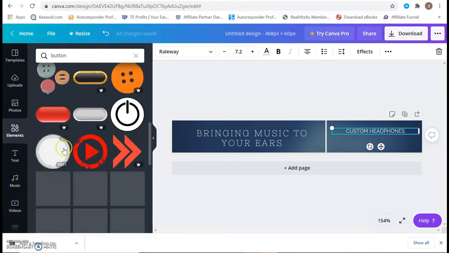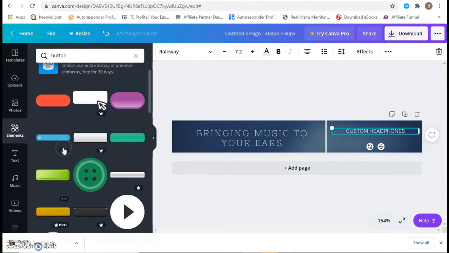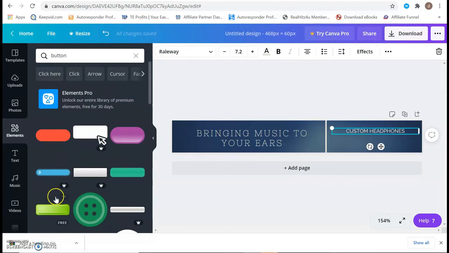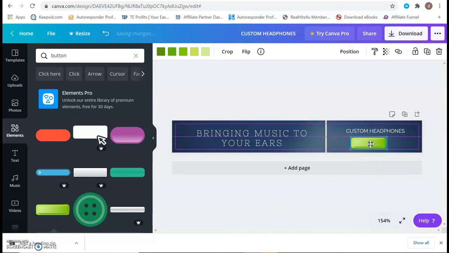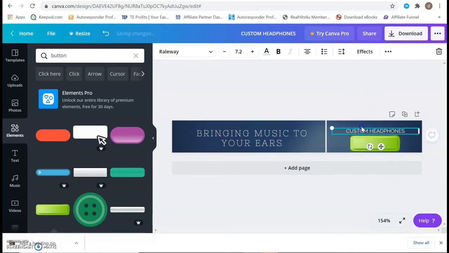Let's take a free button, okay, this one. Let's take this one and put it here. Move it a little down, make it a little bigger so that you would be able to put some text here.